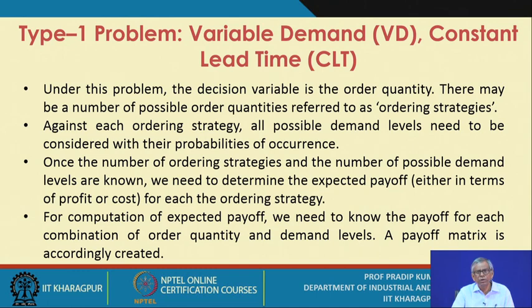So in many cases, you start with the subjective probabilities when the past data are insufficient, and as you proceed, that means as you get the data, in course of time, maybe after a few months, maybe after 1 year or 2 years, now you have the sufficient data. So the subjective probability can be replaced with the objective probability. So this is the point to be noted.